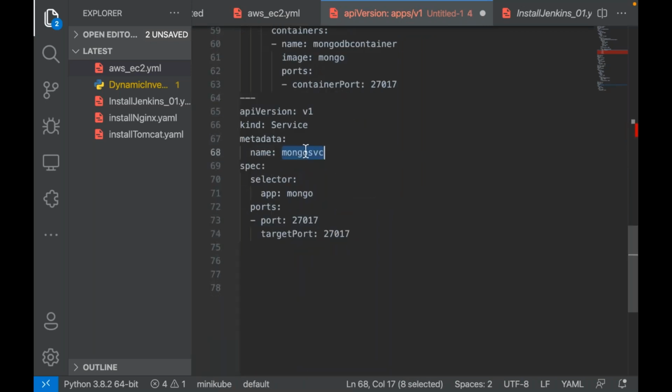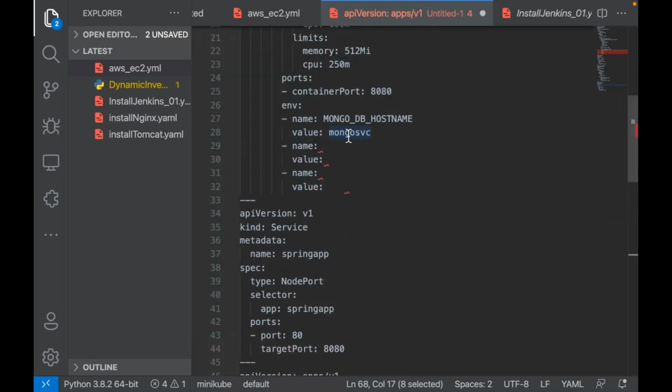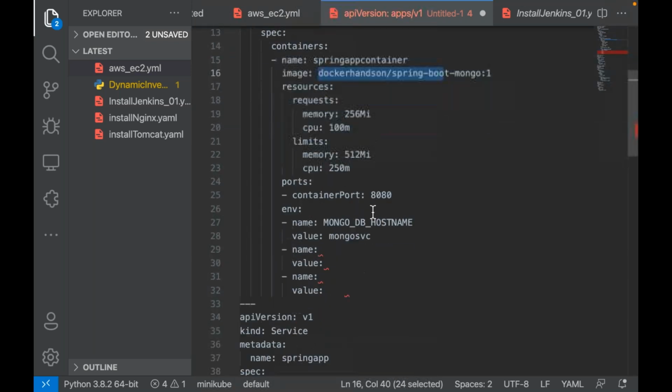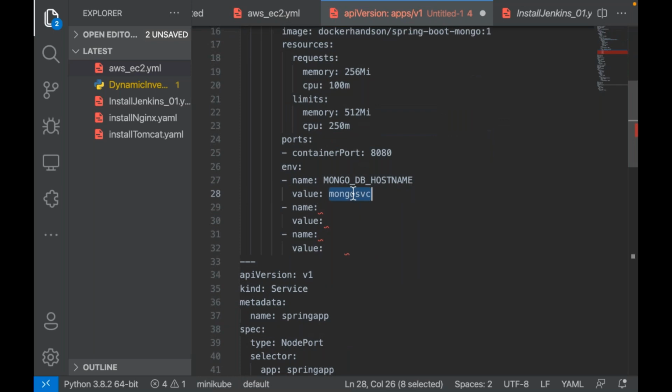Here I created a service like this, Mongo SVC. Can I pass that service name as the host name so that this application is able to talk to the database using this host name within Kubernetes? Will one pod be able to communicate with another pod using service names?